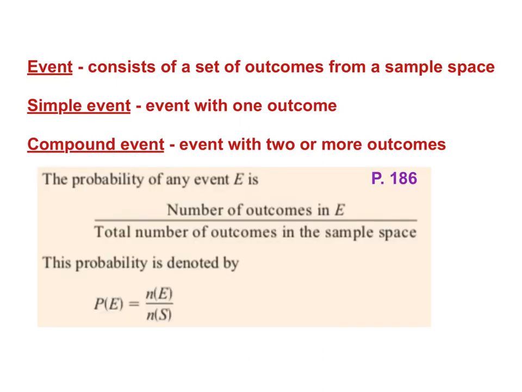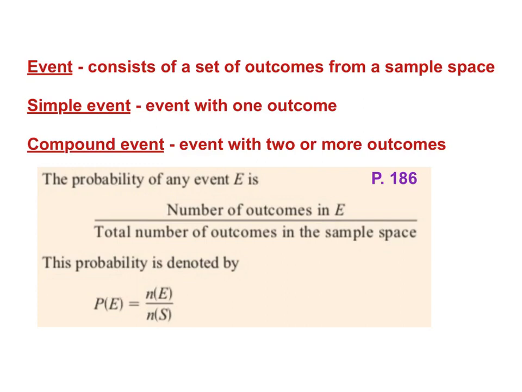And then we have the definition. This is on page 186. So here's how we actually find probability. The number of outcomes in the event that we're looking for divided by the total number of outcomes. So it's like the desired outcome divided by the total number of outcomes. So for example, if I wanted to know, out of flipping a coin twice, the probability of getting heads, heads,